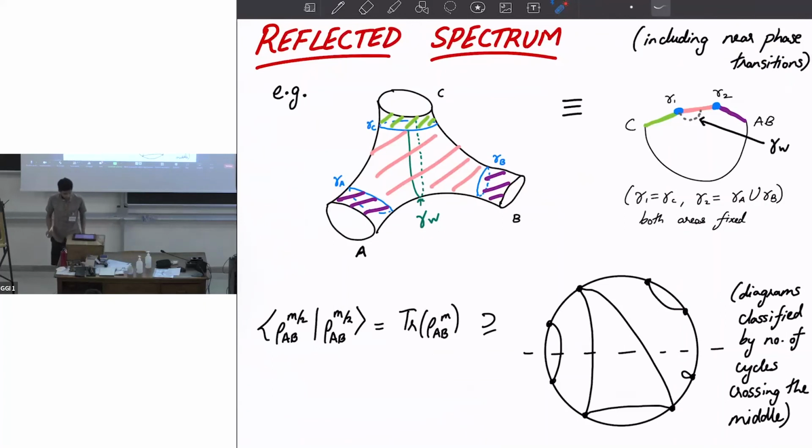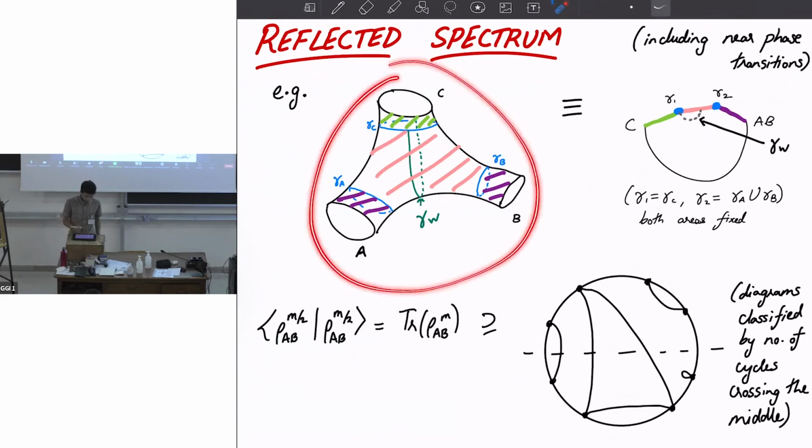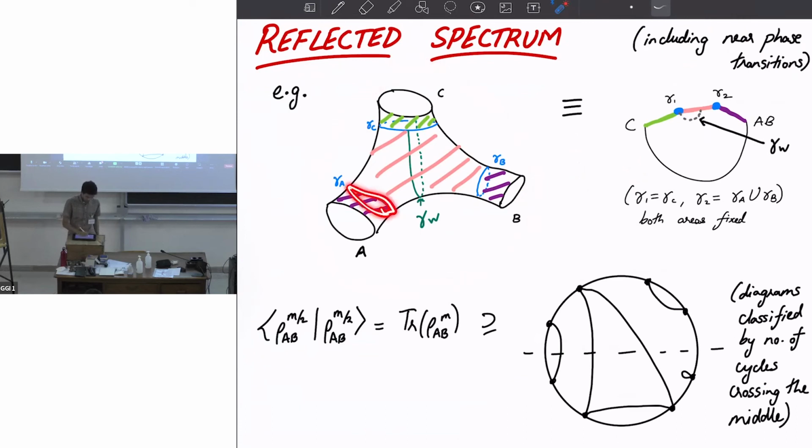So let me just briefly tell you about the resolvent calculation and what happens near the phase transition. All of this was largely away from the phase transition. Near the phase transition, a picture that I have for this is, let's take a simple example, which is a 3-boundary wormhole where you have these throats. This is roughly what is modeled by a single tensor network with 3 legs.